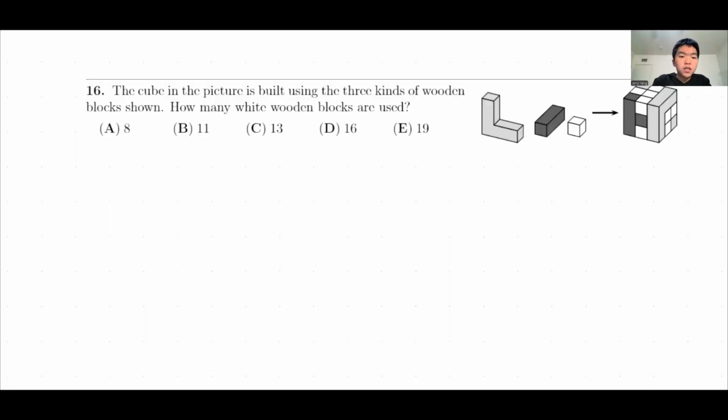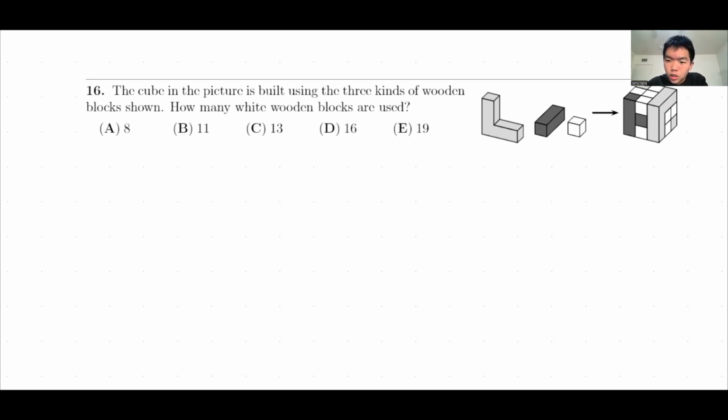Question number 16. The cube in the picture is built using 3 kinds of wooden blocks shown. How many white wooden blocks are used? Now, your first instinct might be to try and map out this figure in your head and figure out where these pieces match up and try and count it in your head. But actually, what's much smarter is if we break all of these pieces down and figure out how many units